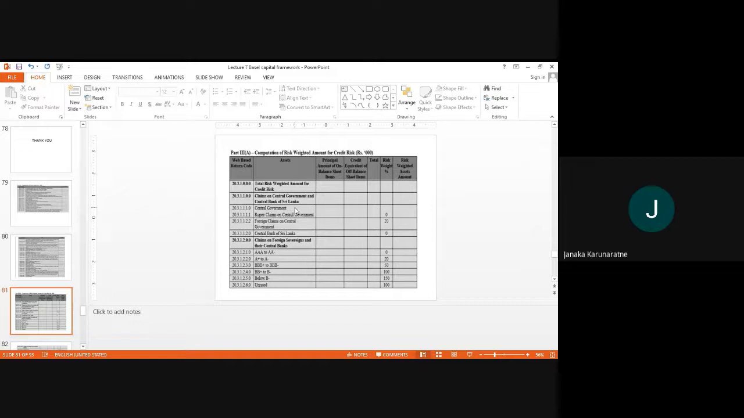Now, how much is the risk-weighted asset in this particular case? What is your exposure value? Your total exposure is 500. The risk weight applicable, since it is an A rating, is 20%. If you look at this chart, for an overseas sovereign,